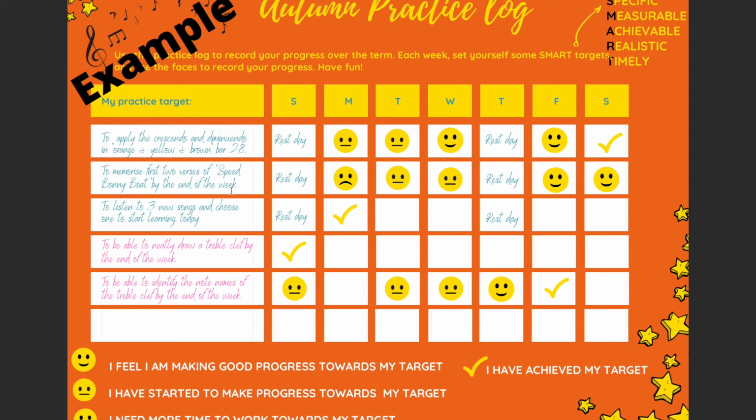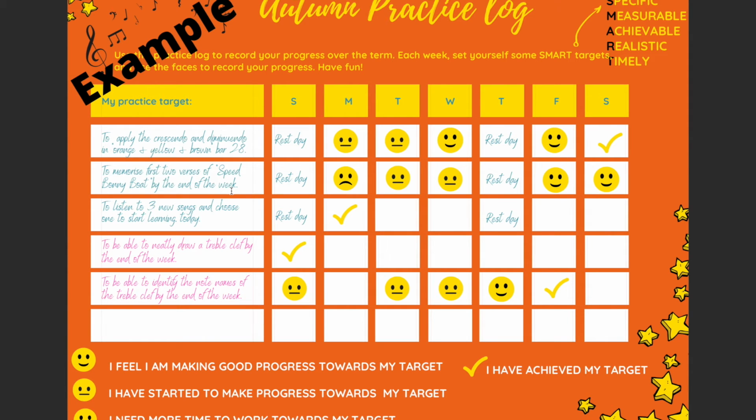That links to, is it a realistic goal? Is it in my skill set yet to be able to do that? Well, yes, it is. It's realistic for me to be doing that. Is that time frame realistic? Yes, it is. And so there we are. That's my SMART target. And again, I've used the FACE system to make a self-assessment on whether or not I'm